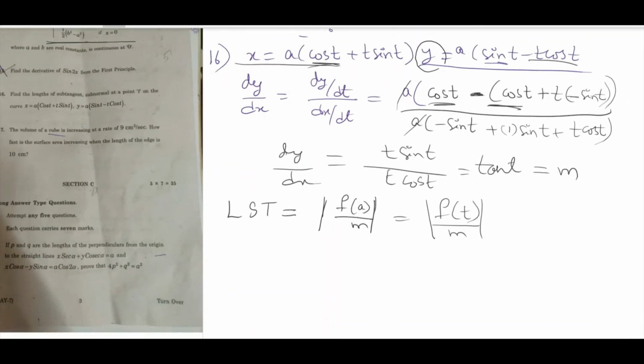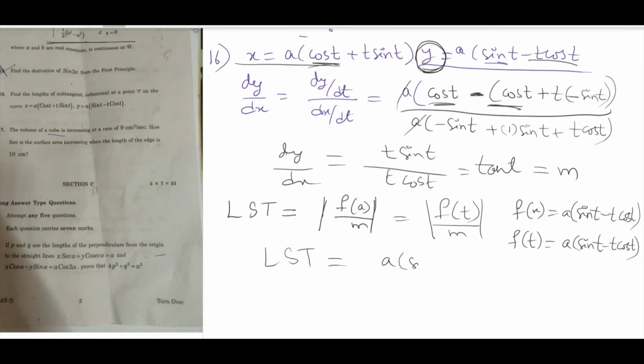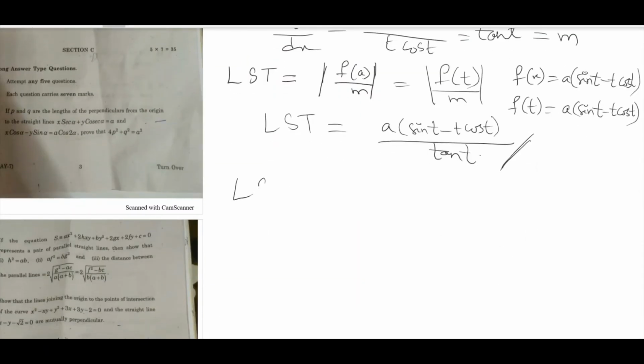This y here indicates f of x. F of x is given by y here. F of x equals a sin t minus t cos t. So f of t will be the same thing, a sin t minus t cos t. So length of subtangent will be equal to (a sin t minus t cos t) by m, where m is tan t. So this is the length of subtangent, and length of subnormal equals f of t into m,